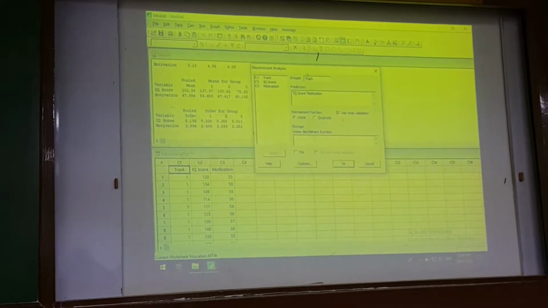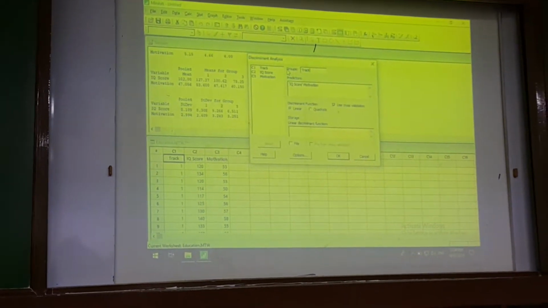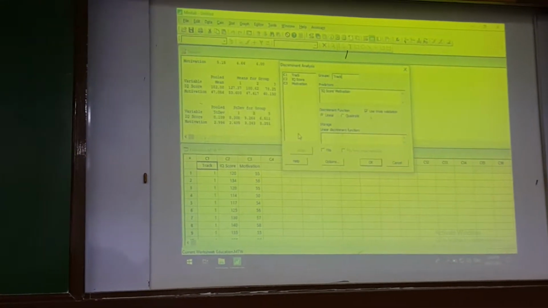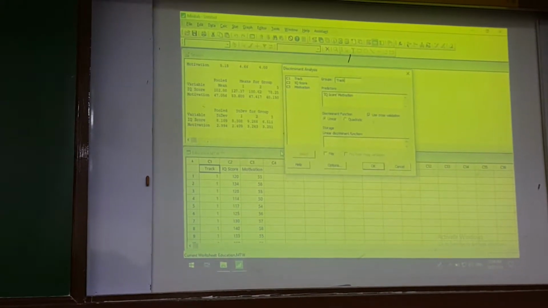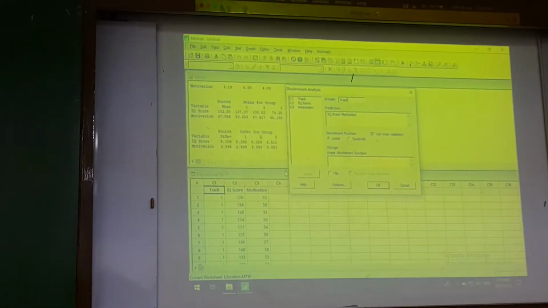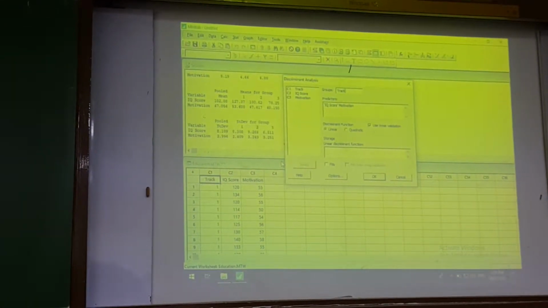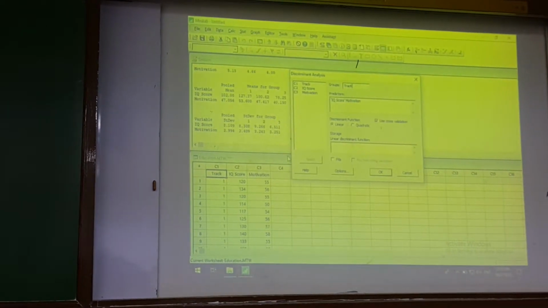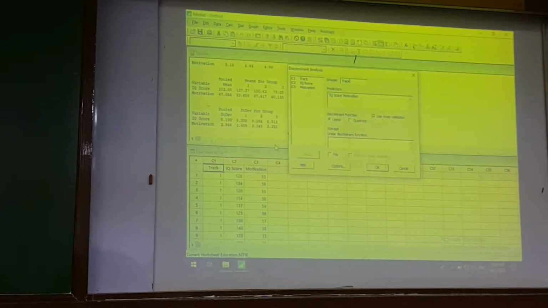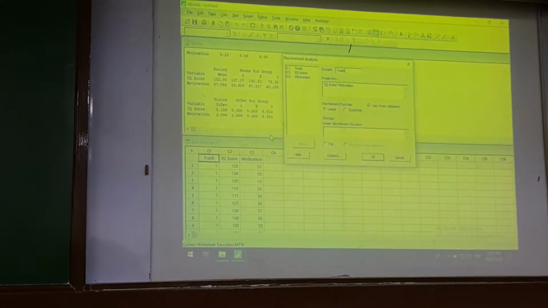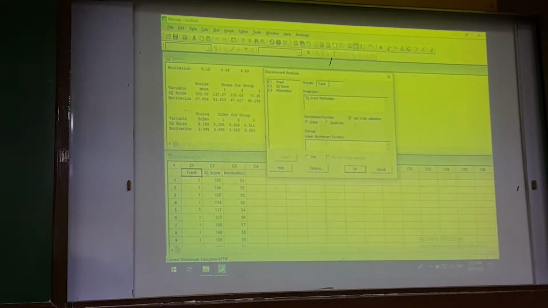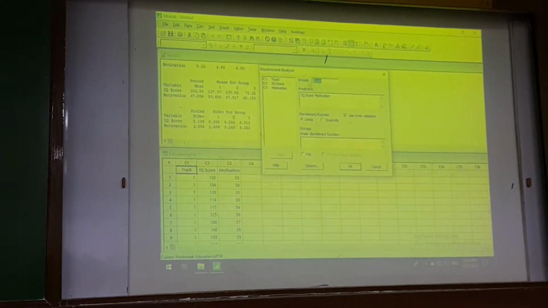So, for the group, that will be the group that is going to be tested. Of course, that's a categorical value. So, either 1, 2, 3, or it can also be A, B, C, and so on. But for Minitab 17, I know it needs to be converted into numbers. So, for example, if the classification is handsome and not handsome, you need to convert it into numbers so Minitab can understand it. So, you can use negative 1, 0, and 1, or 1, 2, 3, and so on, as long as there is an ordering. Okay? So now, for the groups, again, this will be the factor.